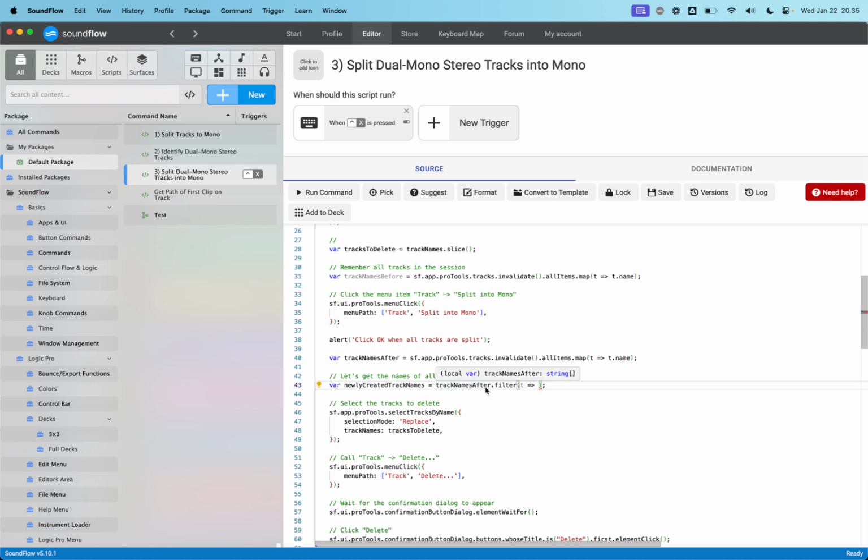So we filtered that track names after, and then for each of those items we get the track name here, the T. Then I want to ensure that track names before does not include this T. So I'll say not track names before some,